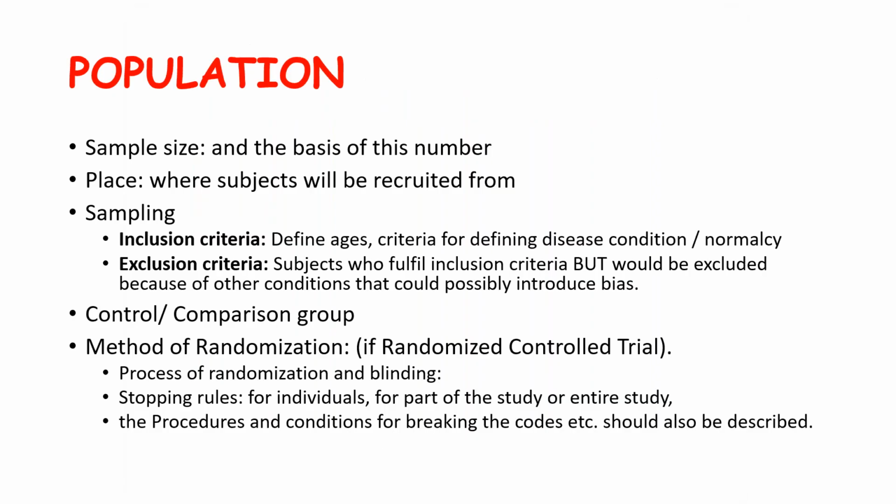So I don't know whether you have been introduced to the term PICO: population, intervention, comparator and outcome. That is the basic thing you have to keep in mind while you are preparing a research question or making a title. Designing a title will be taken up, I think, down the line. So here also you have to see whether you are fulfilling those 4 points. That is, you have described the population, what methodology you follow for the intervention, for the comparator or controls, and how you will measure the outcome. So all these 4 points you have to keep in mind.